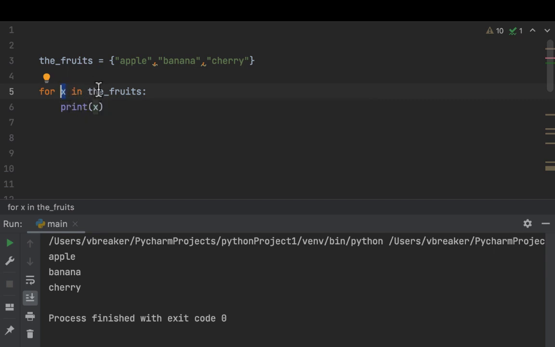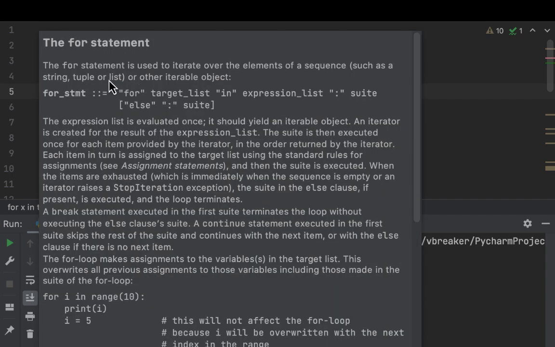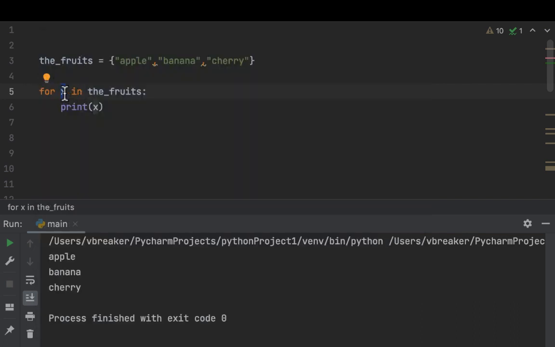So for this x, which we assume iterates, we call something iteration. So for loops always iterate. The for statement is used to iterate over elements of a sequence, such as